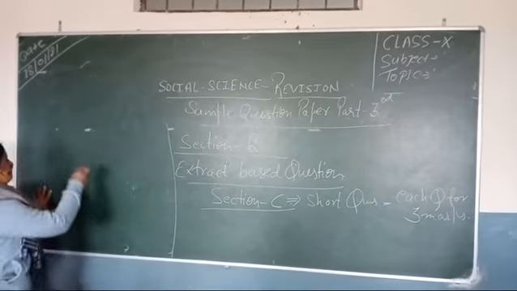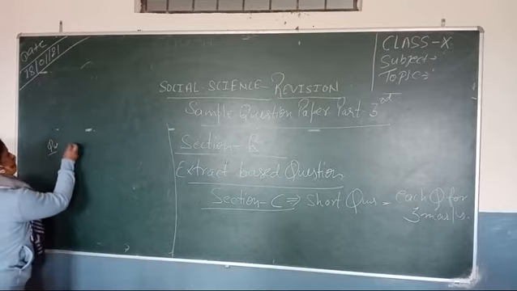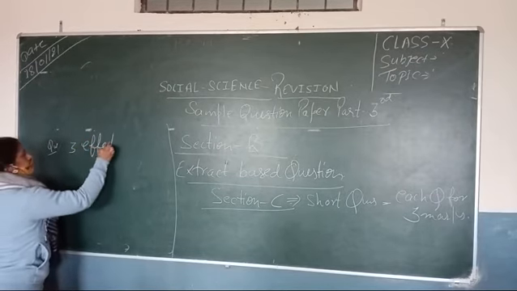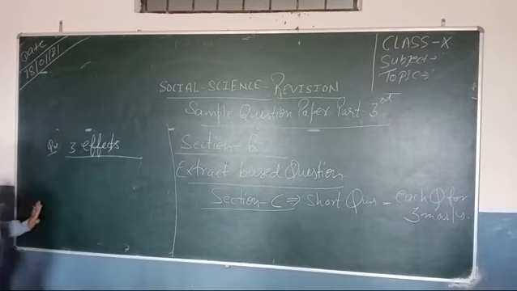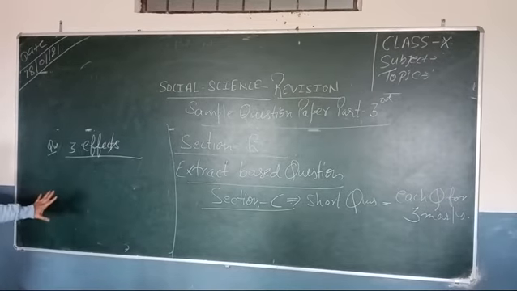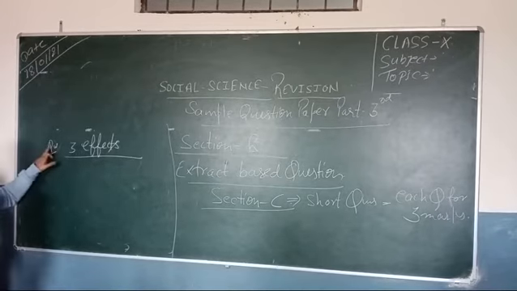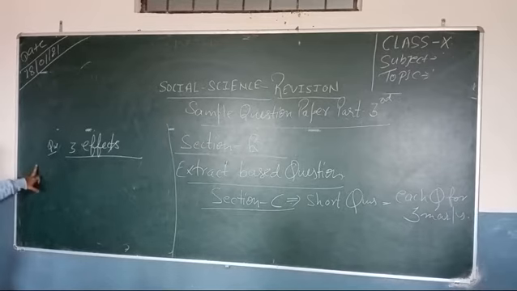So according to the question, it is 3 effects. You have to write down 3 effects. It means 3 different effects and then their explanation. For 3 marks, it doesn't mean only 3 sentences which belong to the same category. No. The examiner, the evaluator, wants that in the examination sheet there should be 3 different